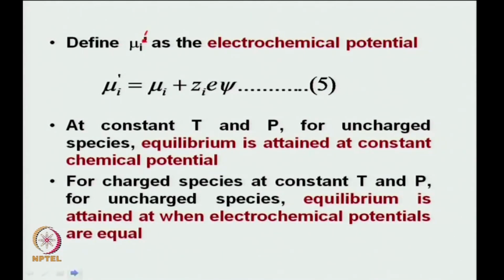Then for charged species at constant P, so this I would get rid of, for charged species at constant T and P, equilibrium is attained when electrochemical potentials are equal. Now, this is extremely important. Why is it important? One, obviously you have to have equal electrochemical potential, but remember, whenever you are talking about a charge, whenever you are talking about charge transport,